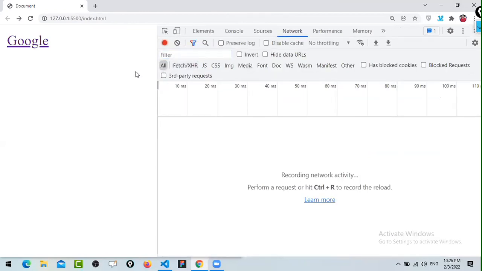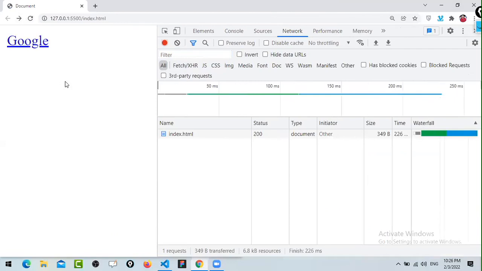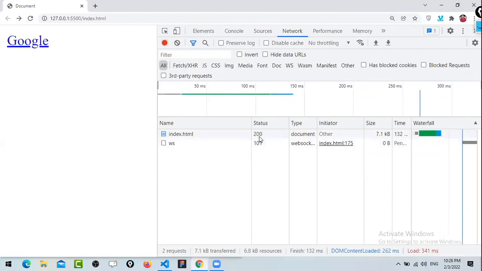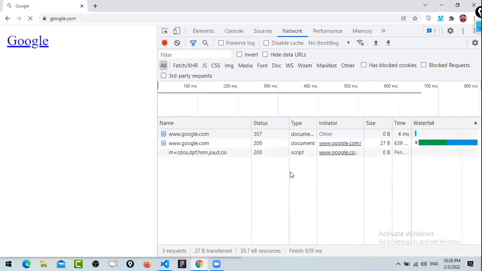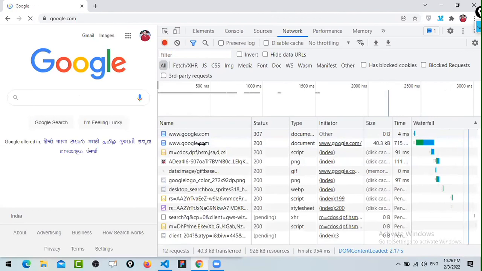Here I'm going to show you all. I will refresh this. So right now we have this index page. Means this is the index page. Okay. And here we have WebSocket. Ignore that. Now if I click here, then it is opening google.com,